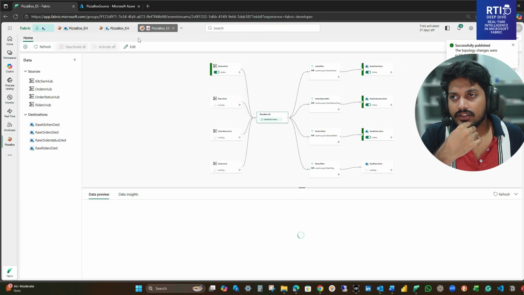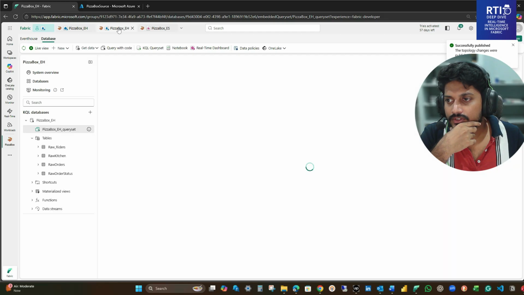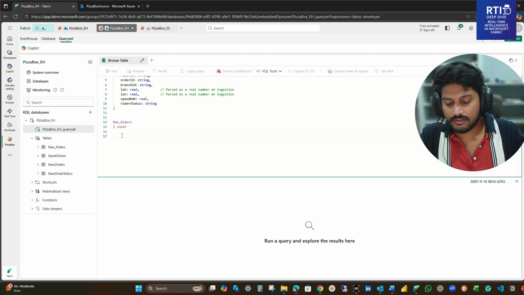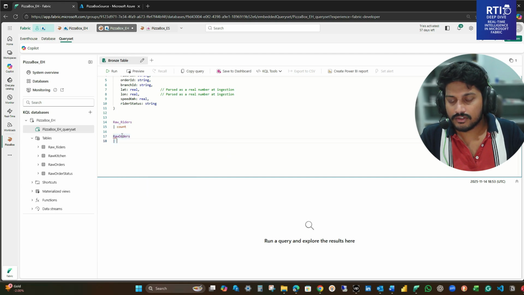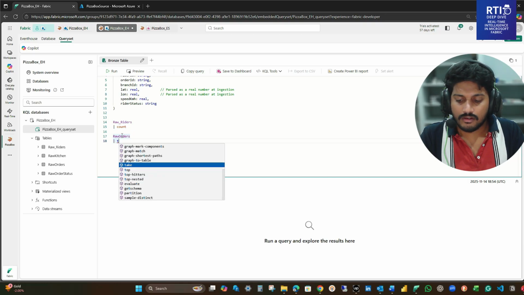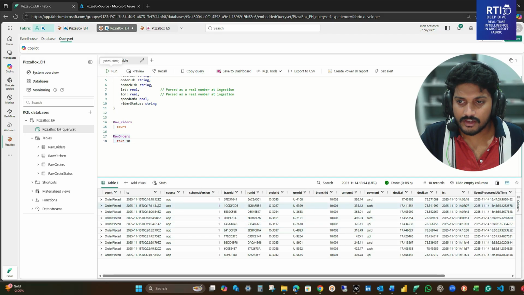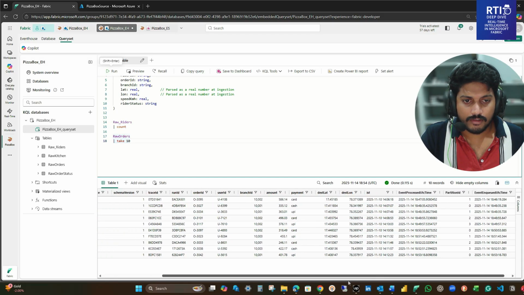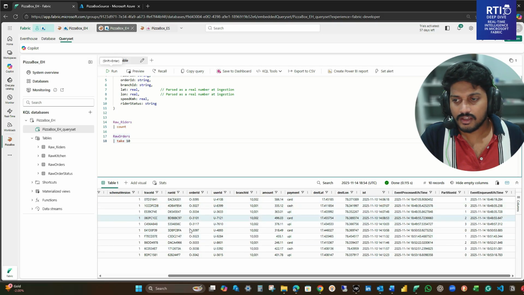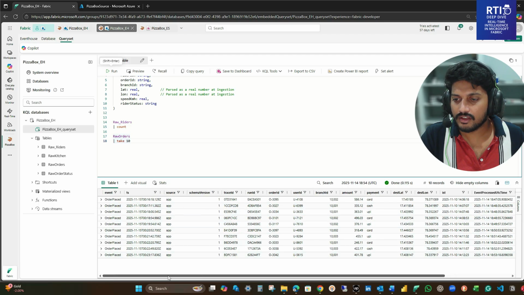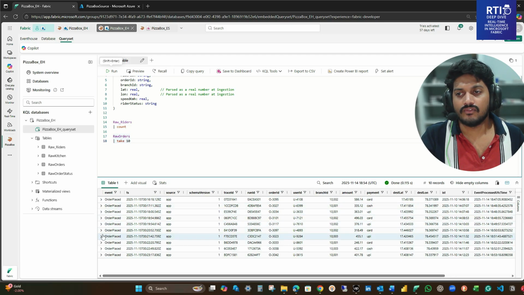Now it is loading. Go back to those tables, and you can see all four are created. If you want to check the others also, take orders and look at what columns are in it. Take 10, run it. Here it will show all these columns, and you can see only the columns that belong to that specific source. It is created without unnecessary columns or unnecessary rows, because we applied the filters and also the schema